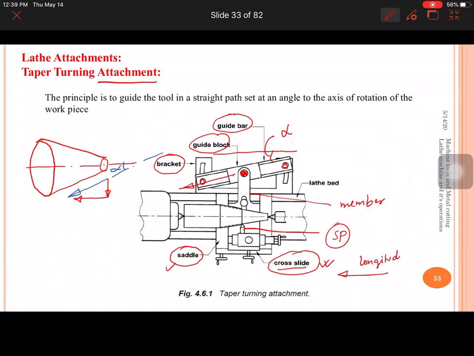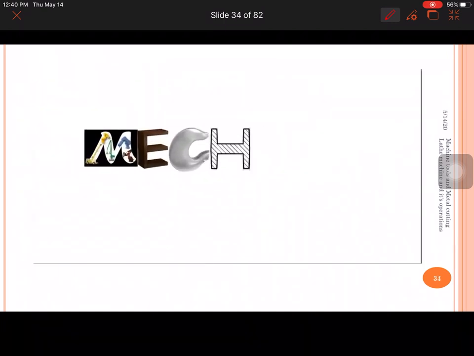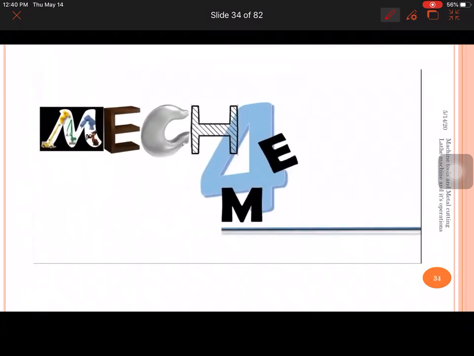That can be done manually or automatically by using the rack and pinion mechanism. So in this way we can do the taper turning operation by using this taper turning attachment. Let me show you the video which I collected from a YouTube source.